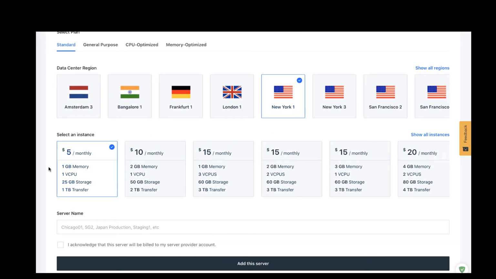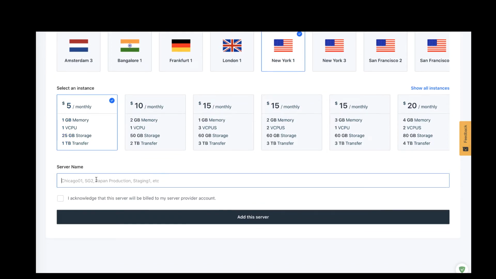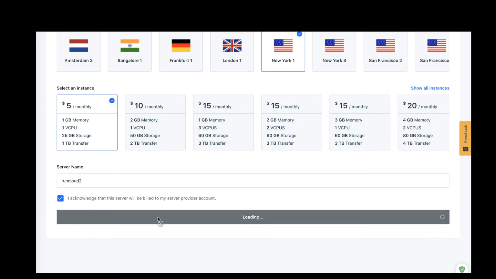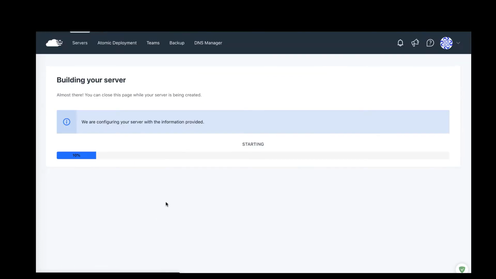So I'm just going to do a New York $5 instance, give it a name, Runcloud 2, acknowledge, add this server. So what happens is it builds your server, so that process goes, and then if we